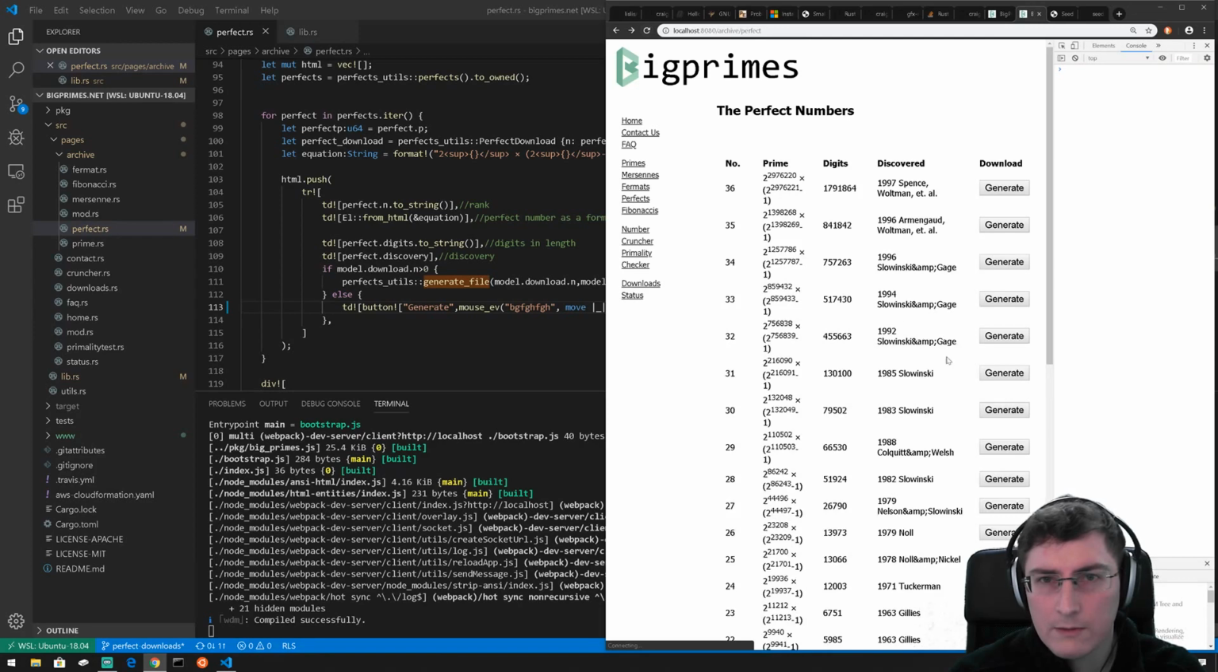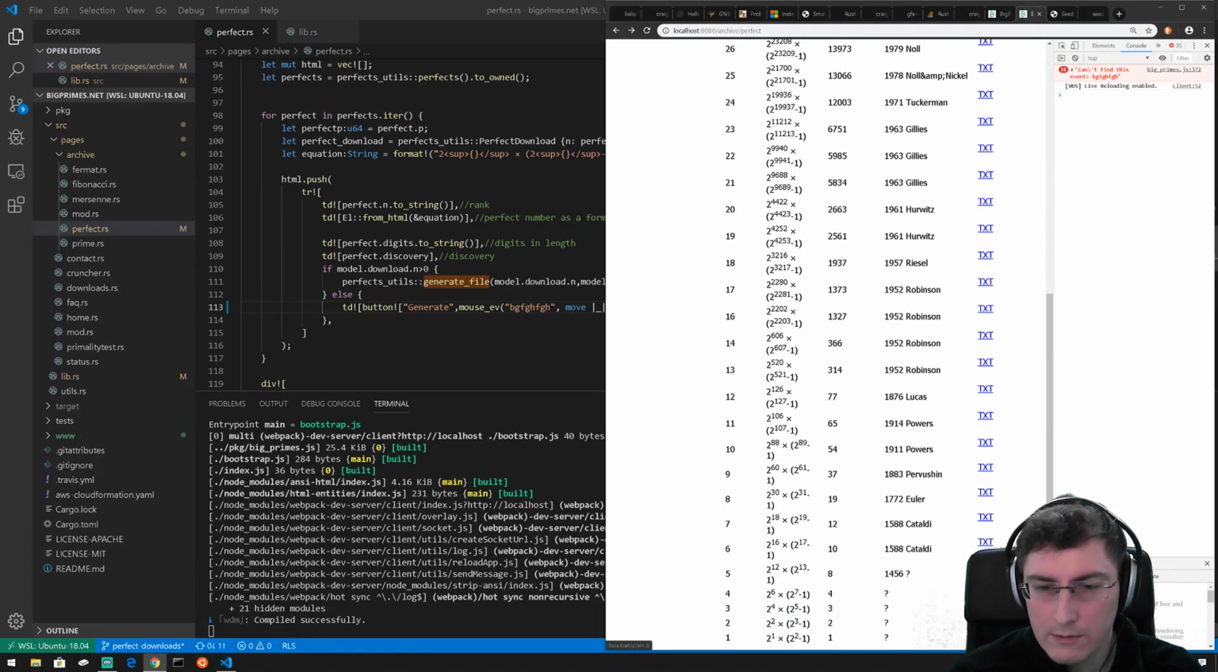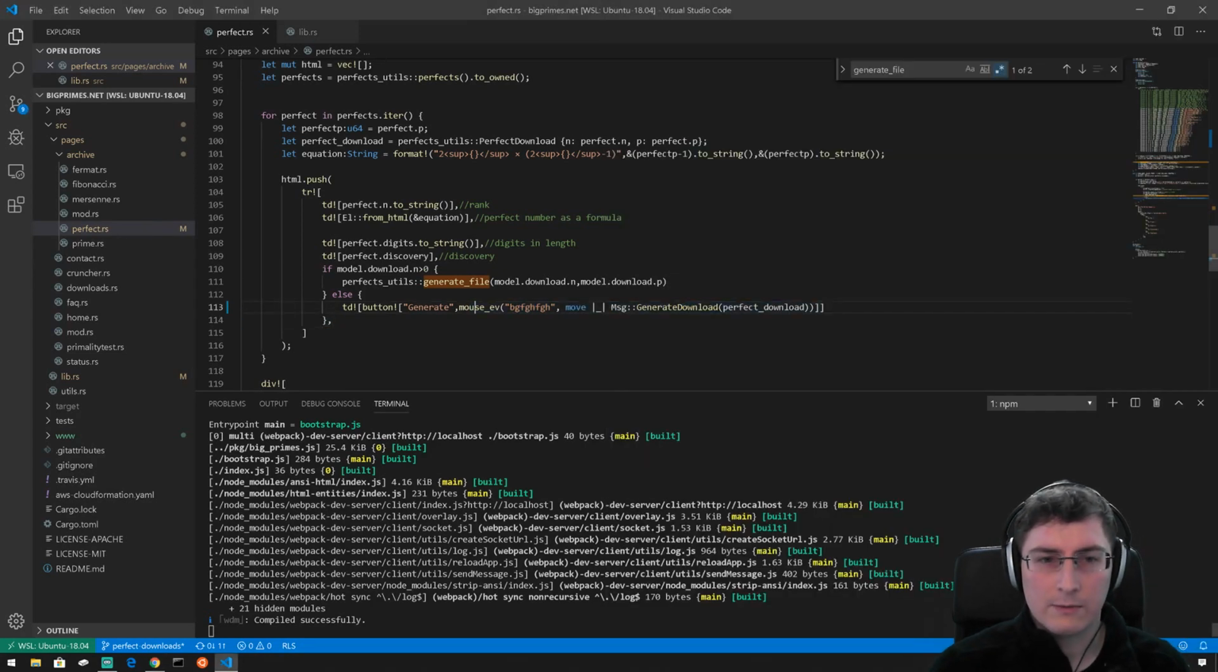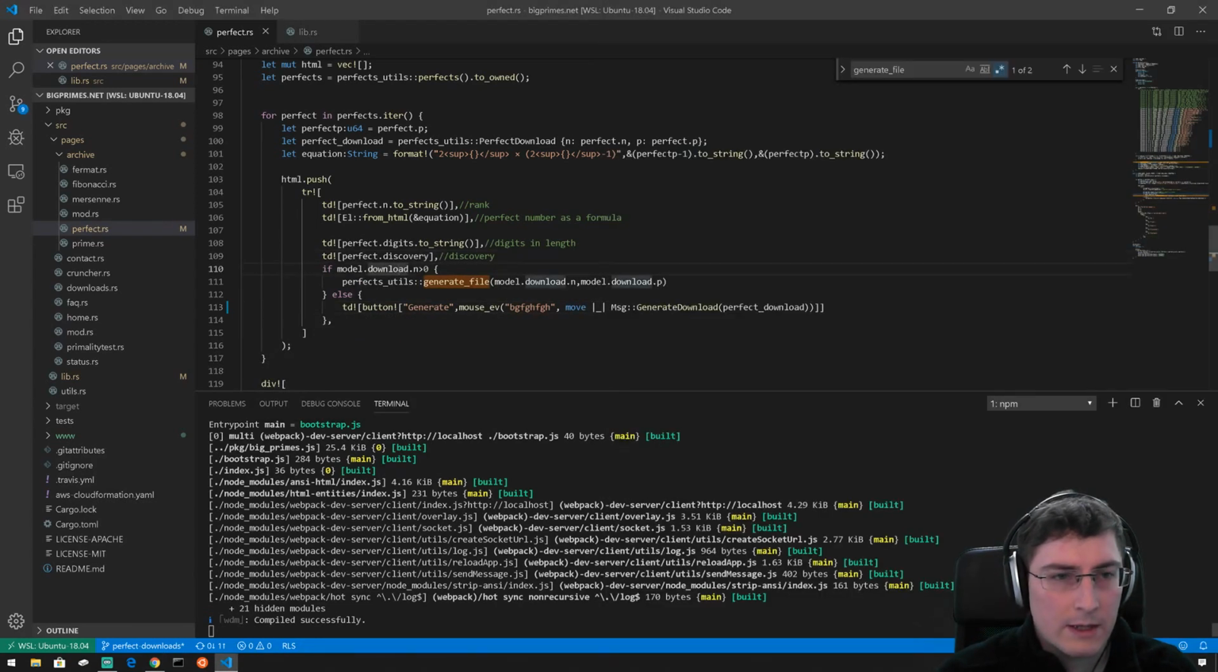What did I click? Let's try the smallest one. These all say 6. Hey, this is beginning to look like it's trying to work. I mean, it's terrible, but yeah, so if model.download.n is greater than 0, what would be really neat is this, actually. So if these two were equal,